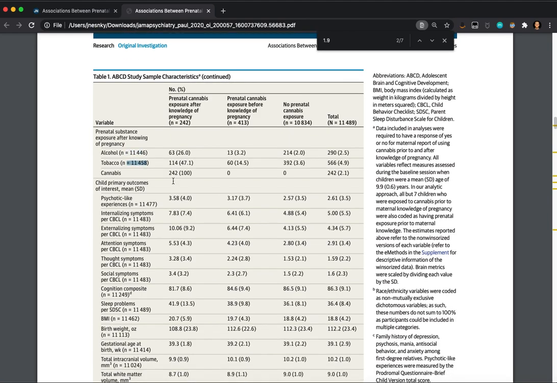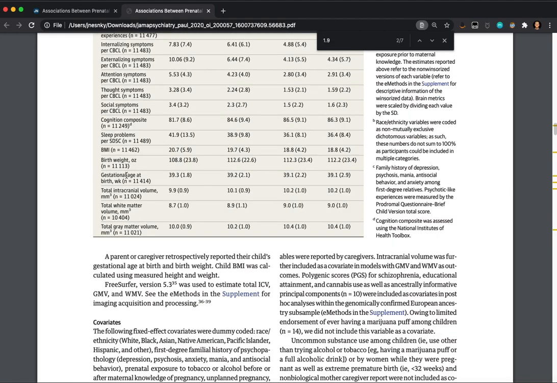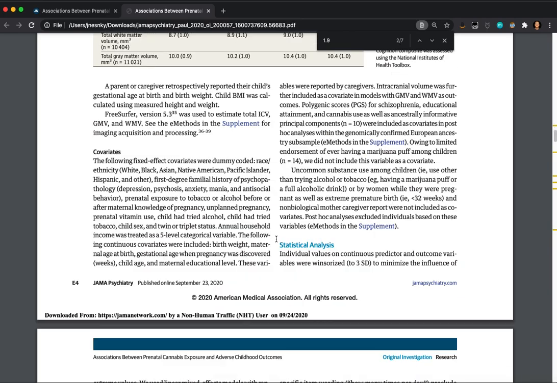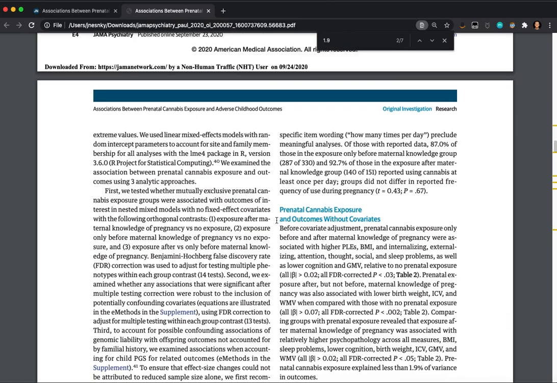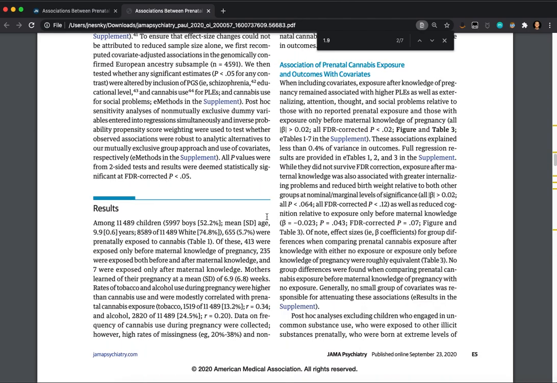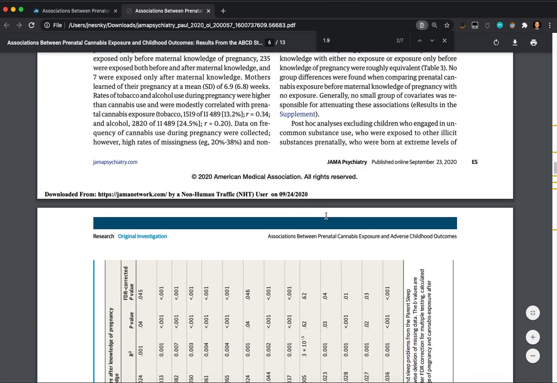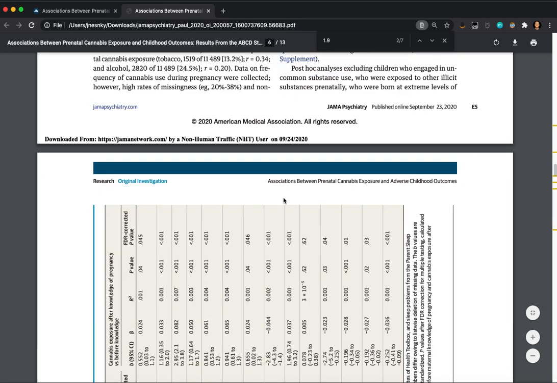And as your sample size gets larger, it's easier to find differences in things and be able to say things are statistically significant. But this will definitely be used as evidence for why marijuana should not be made legal in different states, because this article published in the Journal of the American Medical Association said that smoking marijuana while pregnant is not encouraged.